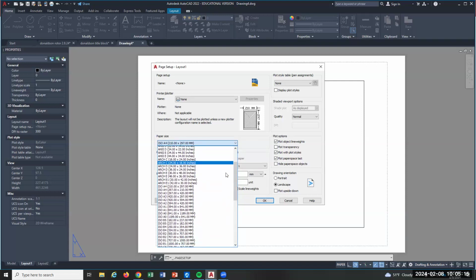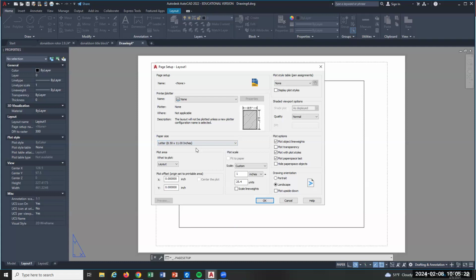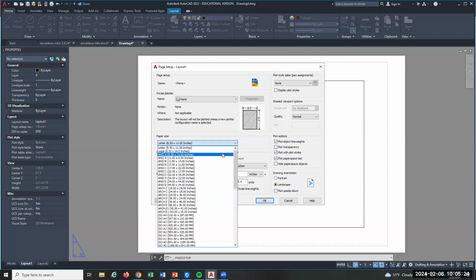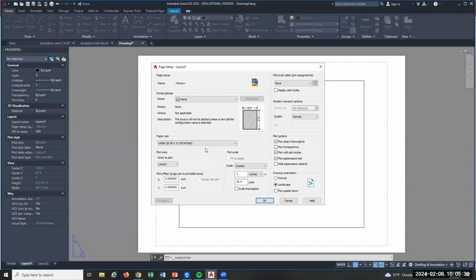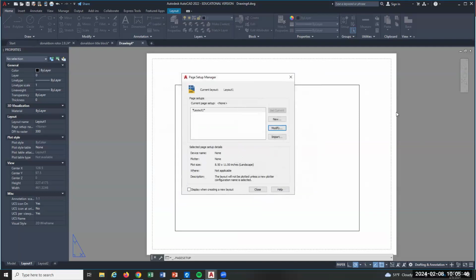The choices are all up here. Letter is the very first one. If you just want to make it letter, that's fine. But that's A size. If you go down further, you'll see ANSI A size is the same size, right? So some copiers don't understand ANSI A. So they'll be like, oh, don't have that paper. Well, yeah, you do. It's 8.5 by 11, right? So if you set it to letter, that'll be what most copiers will understand. And I'll say okay. So you can see that adjusted a little